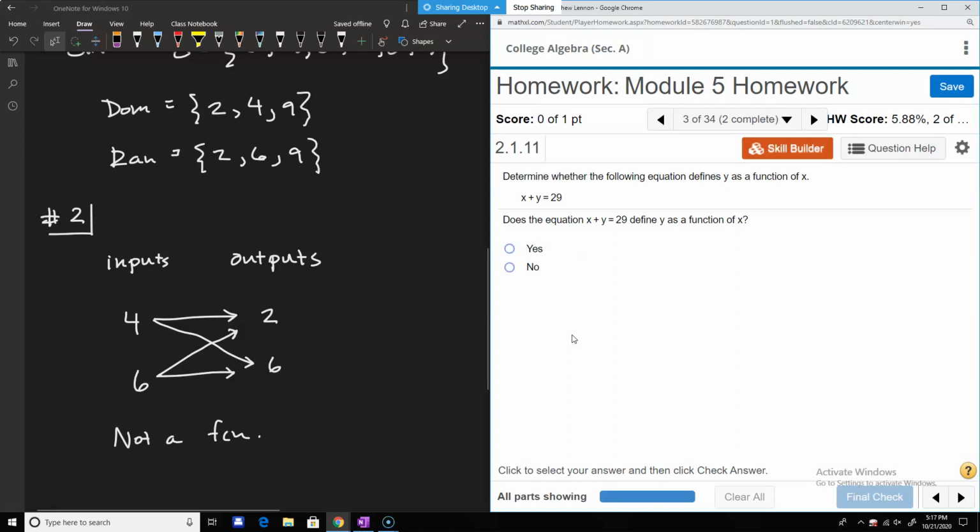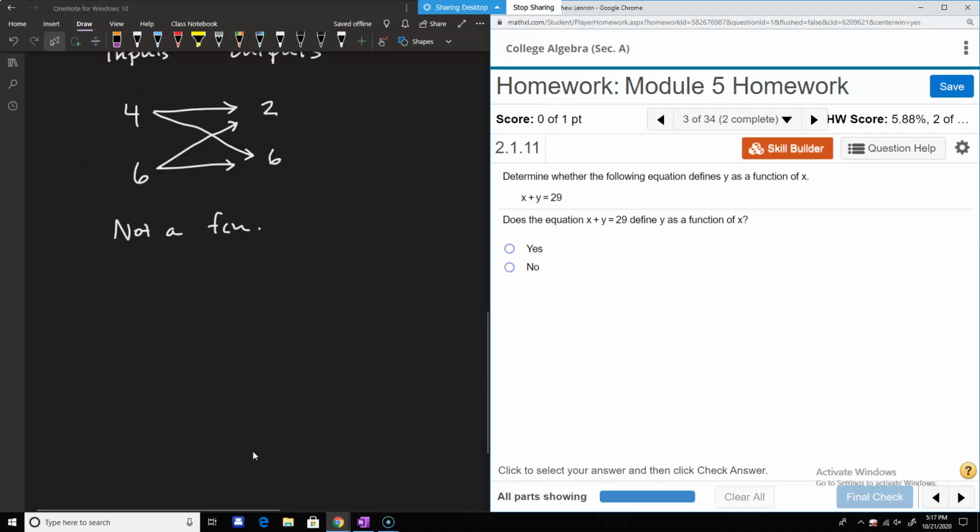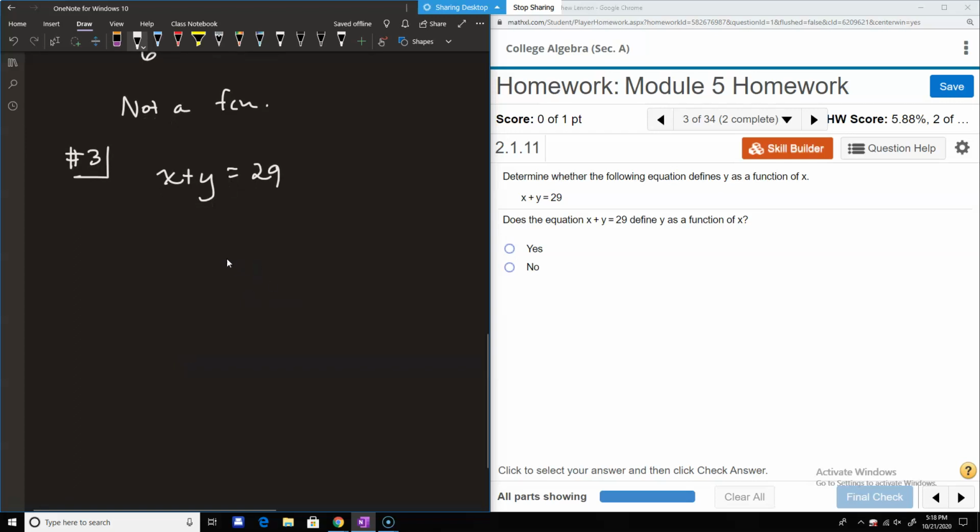Determine whether the following equation defines y as a function of x. A lot of times I like to just graph these and then go from there. This is not so hard to graph by hand because it is just a line. So if we have x plus y equals 29, did we do graphs of lines yet or no? Well, you have input-output lists, so we can practice it regardless. So you could subtract x on both sides here. I know we did a lot with factoring and other stuff. I don't think we did much from the functional perspective, but